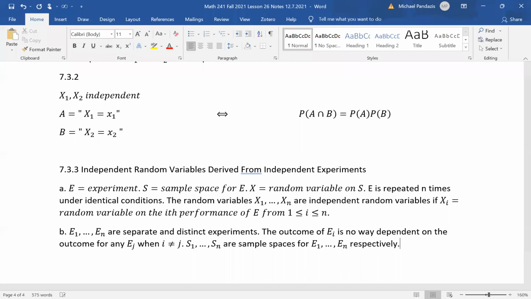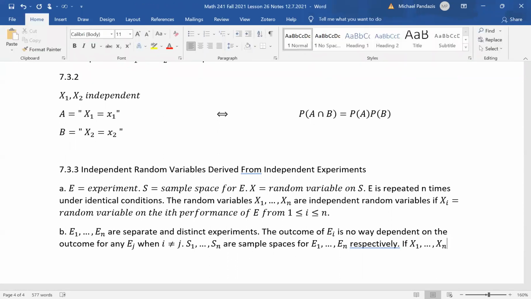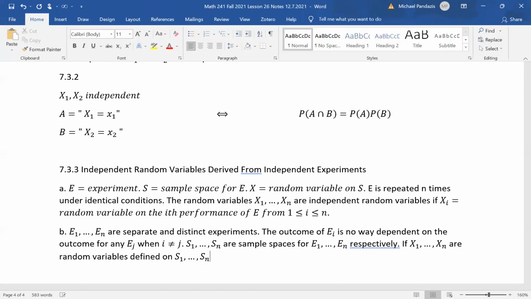Okay, so you assume that also if X1 to Xn are random variables defined on S1 to Sn respectively, then they are also independent